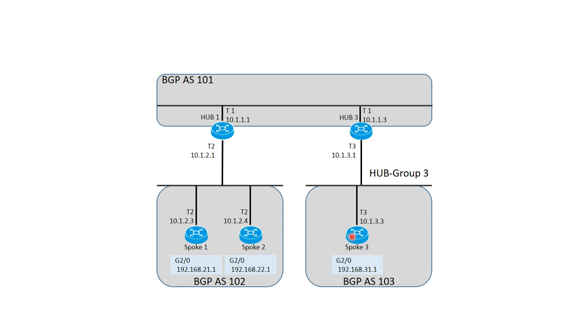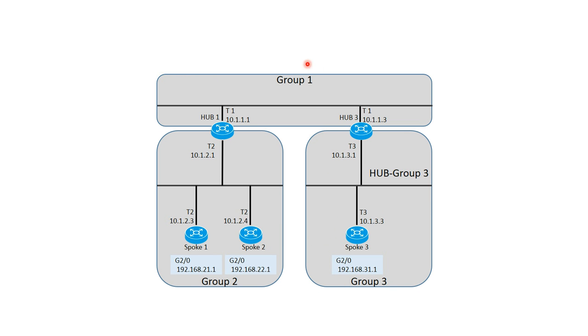So as you can see, if I hit the next slide, what I've done is I've created group 1, group 2 and group 3. Right now we don't really need that, do we? Because we only have 3 spokes. But in real life, you know, there might be thousands of spokes in here, and that's where I'm going to really work on today. Is really helping you understand why you would use groups